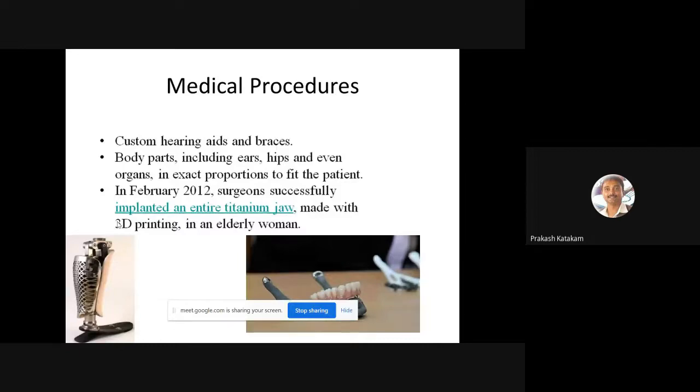Coming to medical procedures, for dentists it has become very popular nowadays. Dentists are printing a tooth by using a 3D printer. Also, orthopedicians are making custom-made parts. Custom-made means as per our anatomical feature or structure. They are designing, for example, a broken bone for a particular person. It will vary from person to person. So they will take images of that broken bone, and they will fabricate it using an additive manufacturing technique.